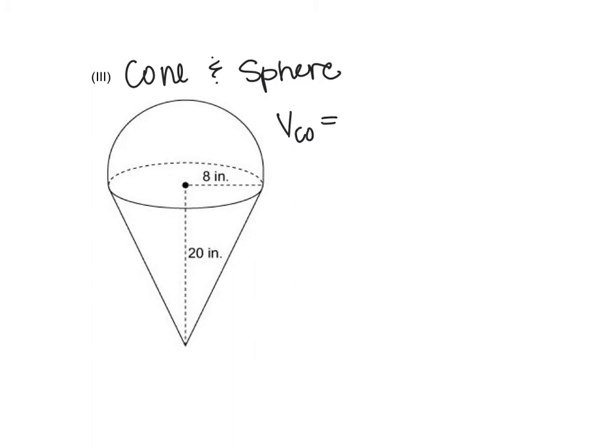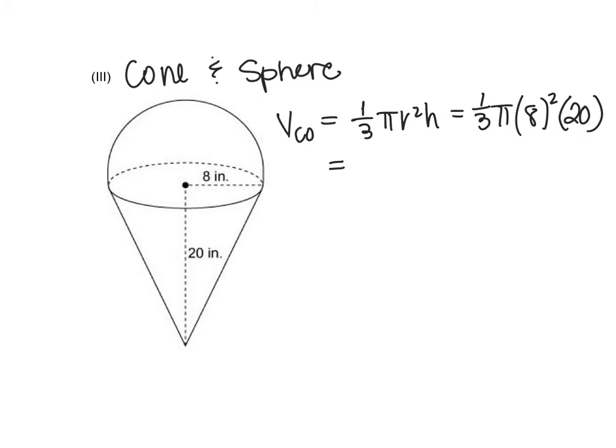So looking at our formula sheet, the volume of a cone is 1/3 pi r squared h. So we have our radius labeled 8, and our height is labeled as 20. So we're going to do 1/3 times pi, and then 8 squared is 64, times our height, 20,